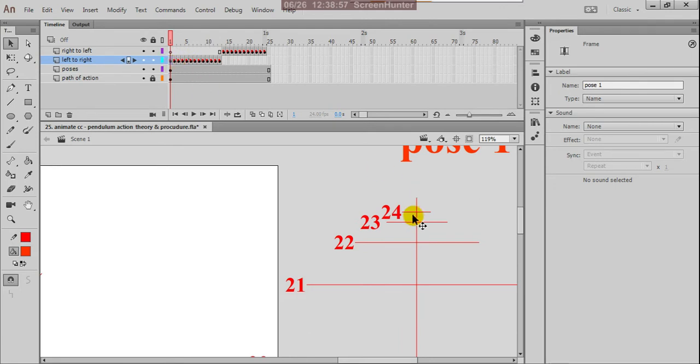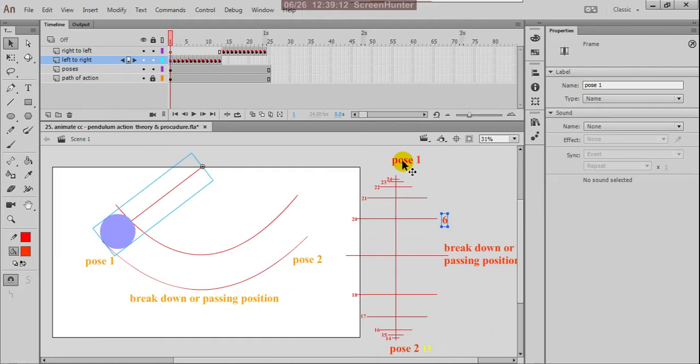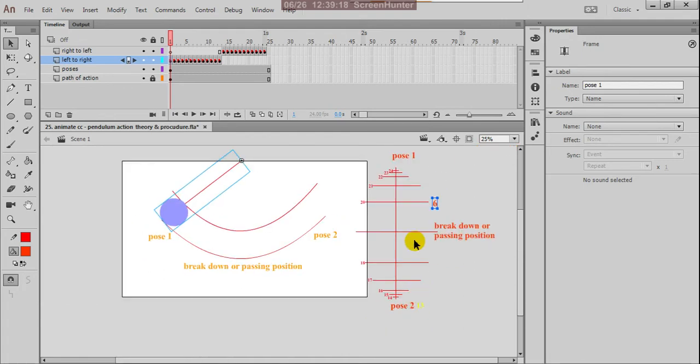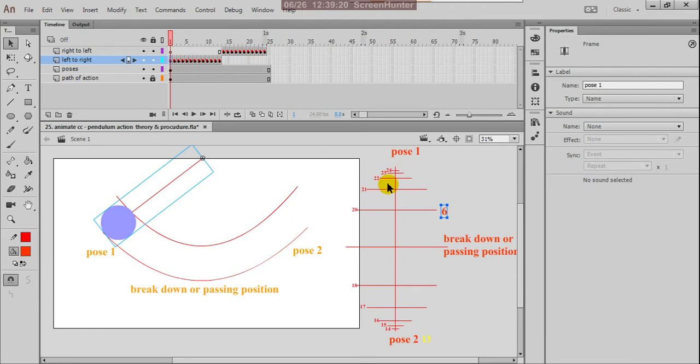Instead of a 25th, we keep the same number 1, so that after 24th it connects to 1. From 1 to 13 is one half cycle, and 13 to 24 is the remaining half cycle. You can combine these two half cycles to get the complete motion of the pendulum.